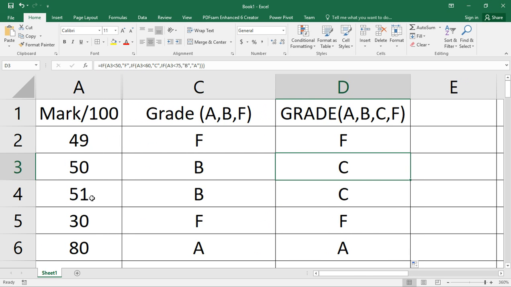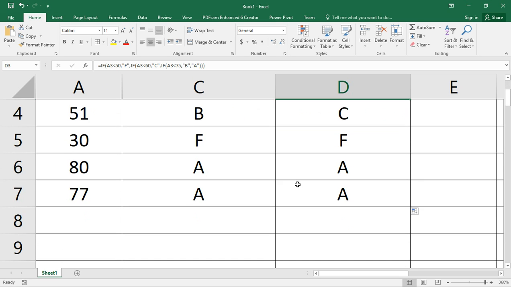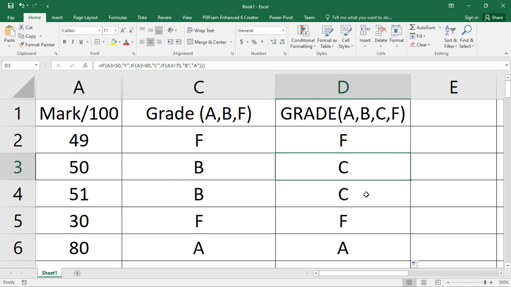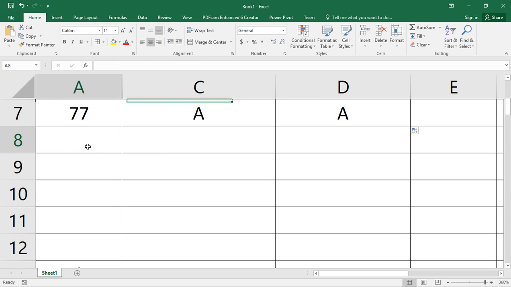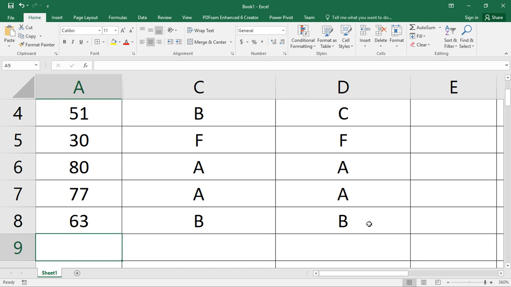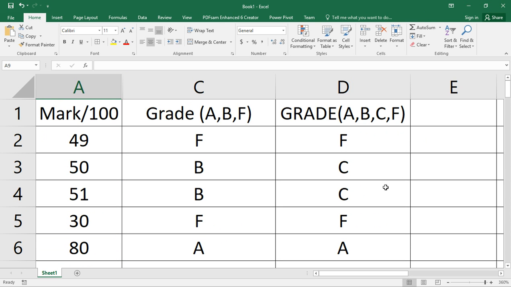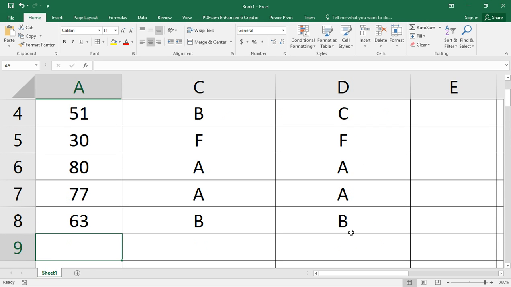Because these are 50 values, and this is an F, this is an A. And how many A's? 2 A's, 2 C's, 2 F's, but we don't have any B. So let's put a 63 here, graded as B.